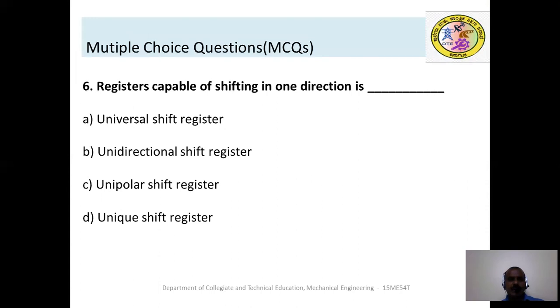Registers capable of shifting in one direction are: universal shift register, unidirectional shift register, unipolar shift register, and unique shift register. The answer is B, unidirectional shift register.